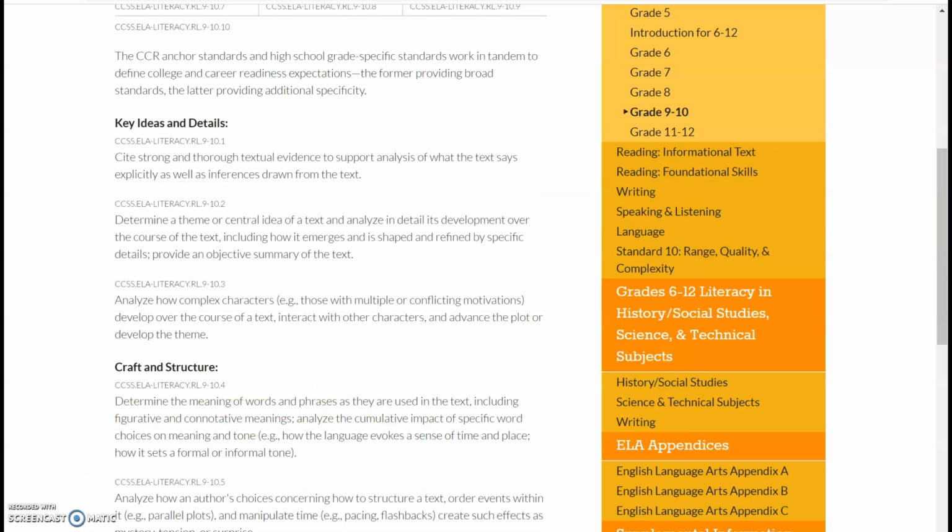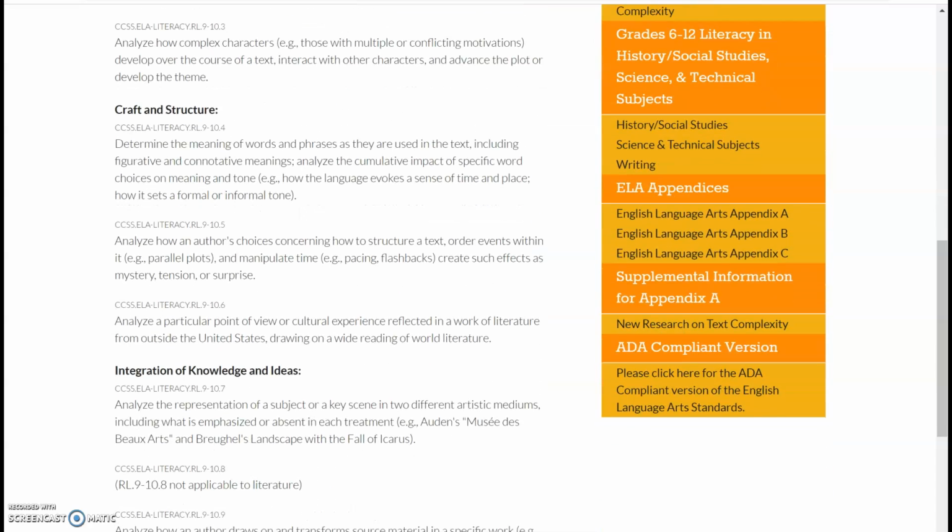Now for the reading literature with the specific grade band 9 through 10. So 9th and 10th graders are expected to read literature and thoroughly understand the theme and the characters, as well as how the theme and characters develop throughout the text, and also be able to cite. I think it's been pretty clear that the Common Core really focuses on being able to cite things and have evidence for whatever claim you're making.